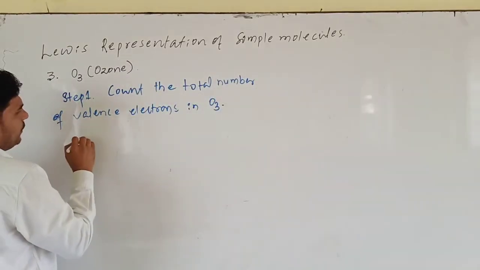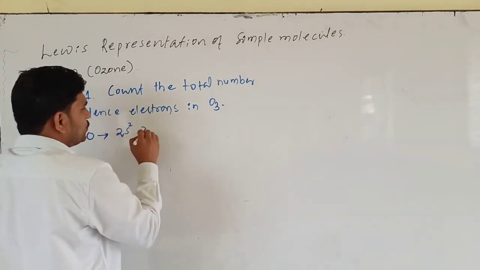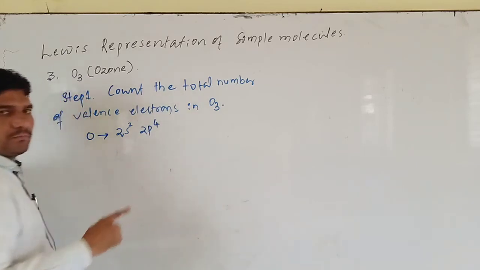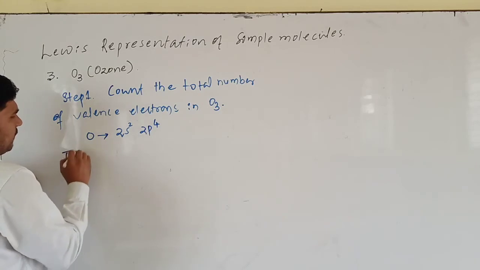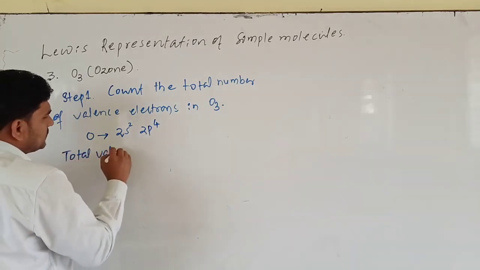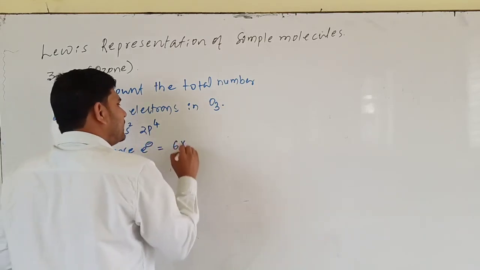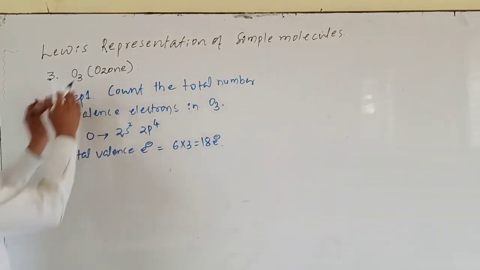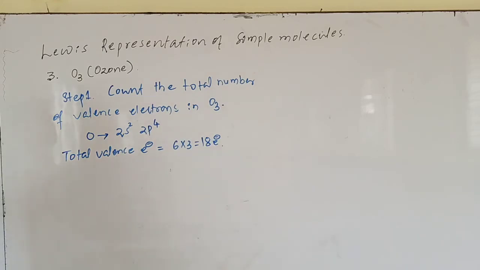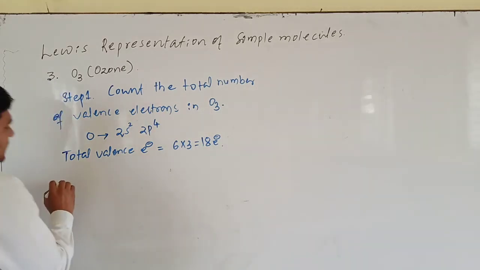O3. We know oxygen outer shell electronic configuration is 2s2 2p4. Okay, means 6 electrons are there. Now total valence electrons is equal to 6 into 3, means totally 18 electrons are there in the ozone molecule. 18 valence electrons are there in ozone molecule. Now what you do? Step 2 is that,